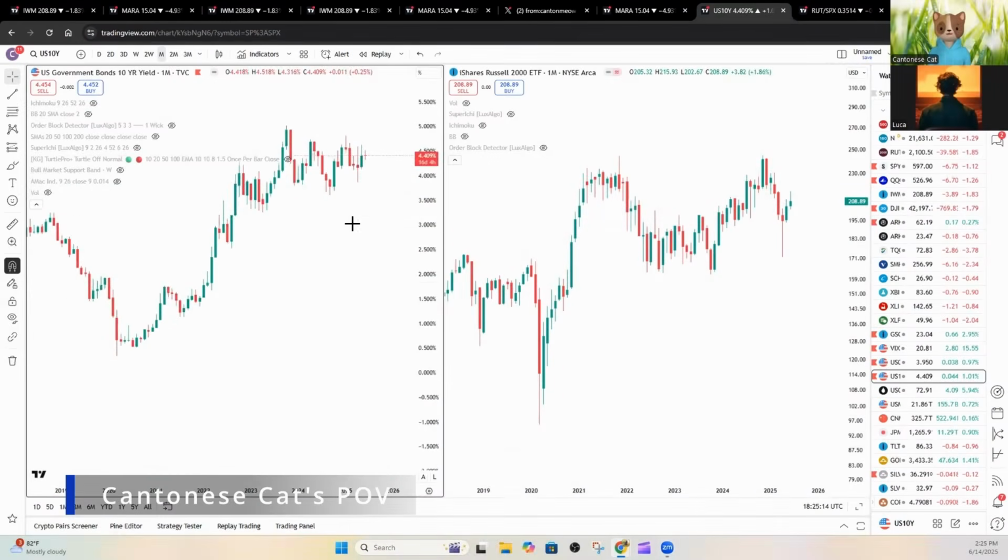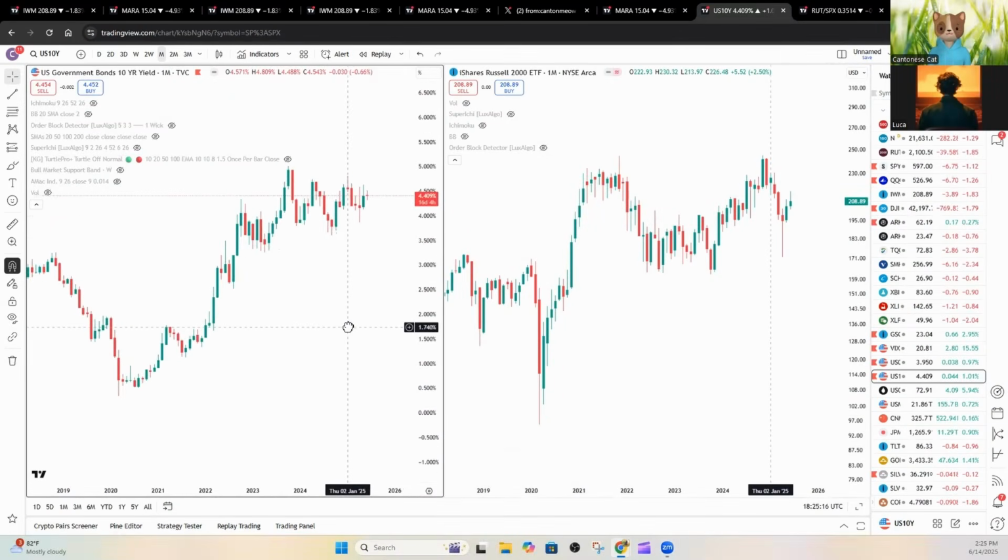Yeah, so a couple of things I wanted to go back to and mention. On the left side over here is the 10-year yield, and on the right side here is the Russell 2000, represented by the ticker symbol IWM. You showed me earlier the Fed funds rate, but the reality is the market follows more the actual condition, which is based on the 10 year. The 10 year is what a lot of people really pay attention to.